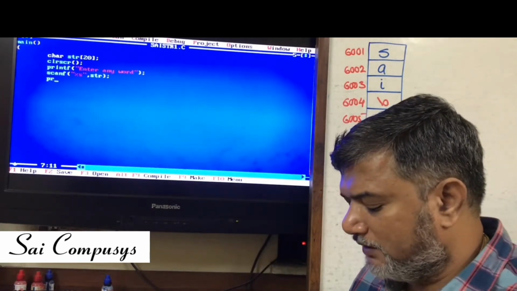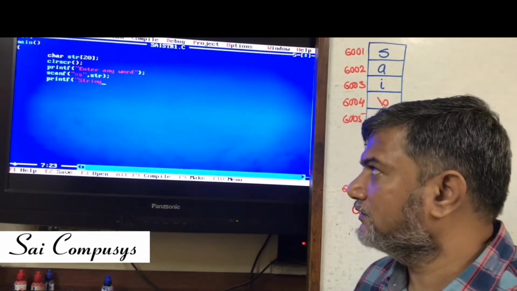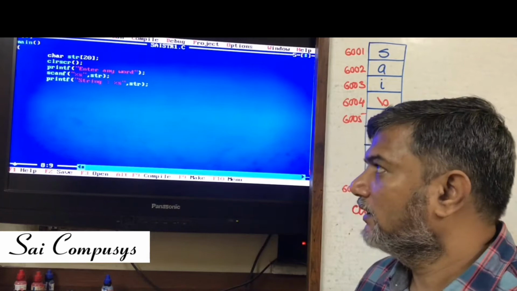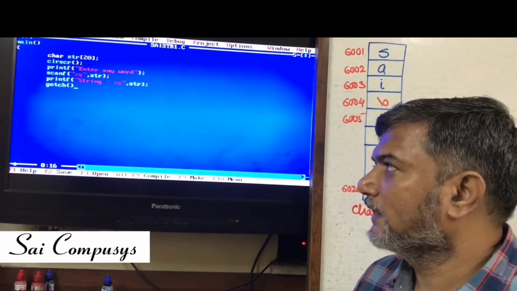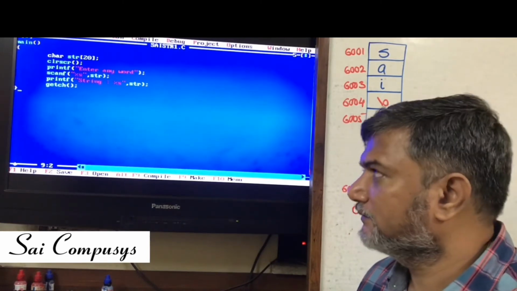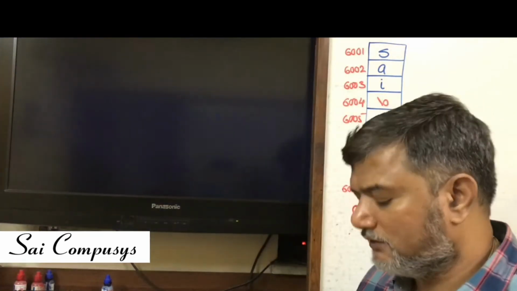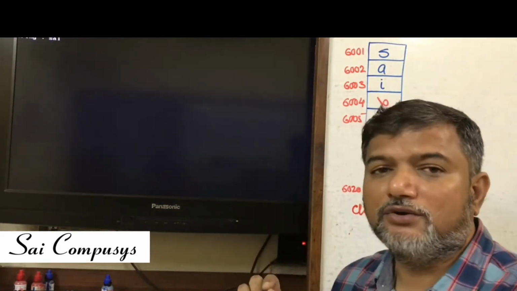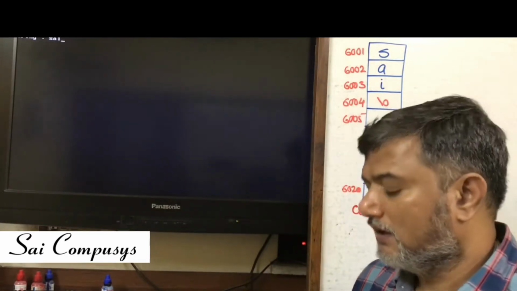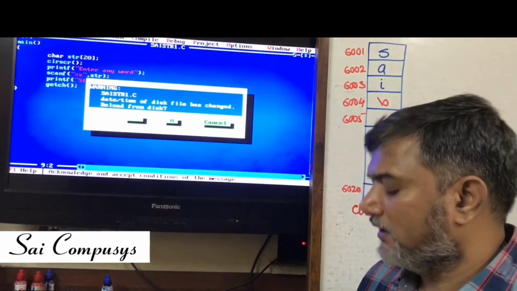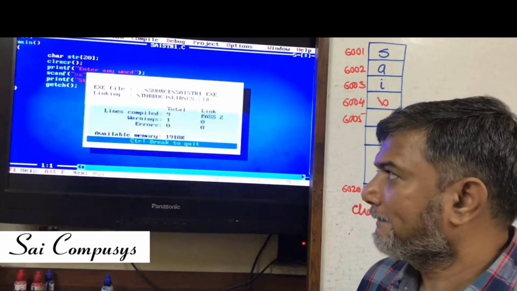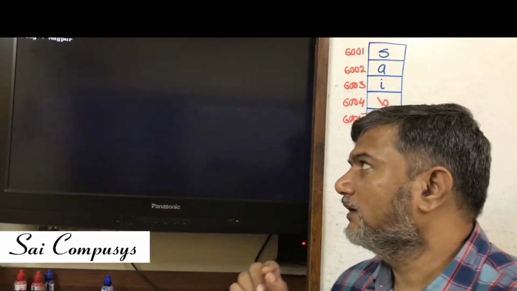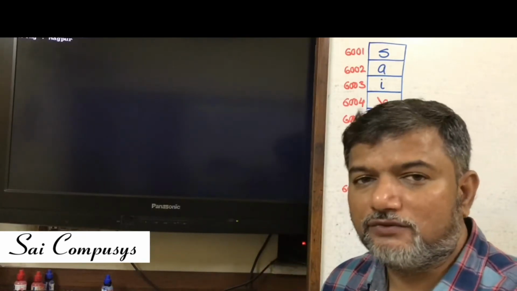If I wish to print it, whatever string is entered, I will simply say %s of str. That's all. Let us see how it works. I'll execute this for you. I'll enter some word. That word gets printed on the user screen. Any word, if I enter any word, something like this, it gets stored in my string.